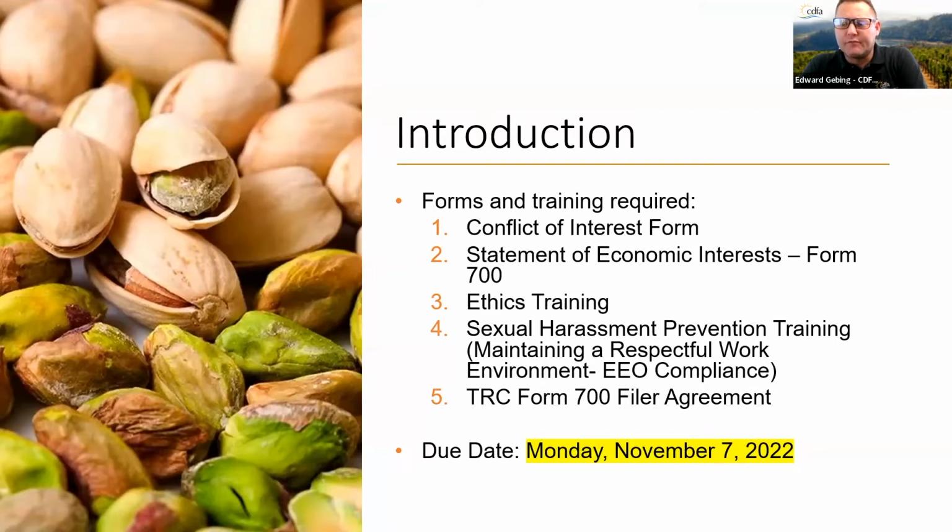They include the Conflict of Interest form, the Statement of Economic Interest, also known as the Form 700, which must be completed within 30 days of beginning your state service, and again 30 days after your state service ends. You will receive emails from South Tech Hosting regarding these forms. The TRC Form 700 Filer Agreement, Ethics Training, and the Sexual Harassment Prevention Training titled Maintaining a Respectful Work Environment,